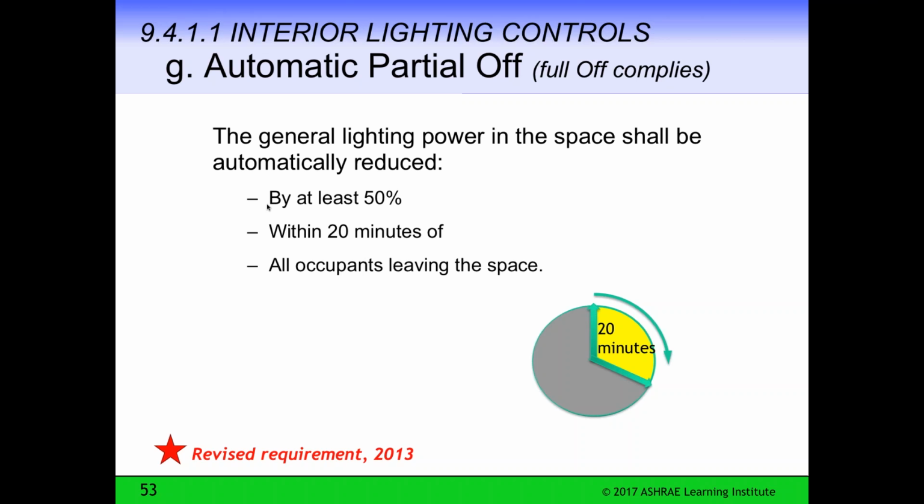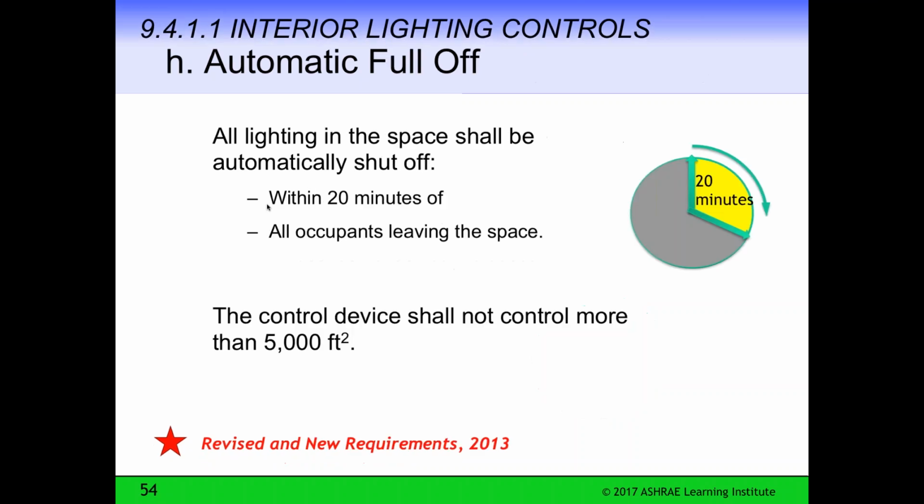So that's the effect of this rule, automatic partial off. And then we have automatic full off, which is the same as the automatic partial off, but within 20 minutes after all occupants leave the space, all the lights go off, except for emergency lighting, etc. And the control device shall not control more than 5,000 square feet. So that's the limit on the size of the space.